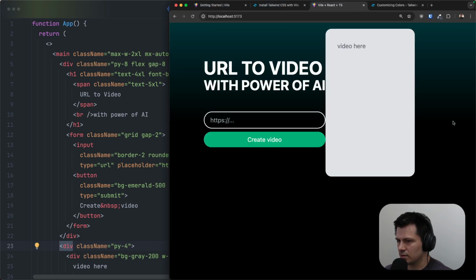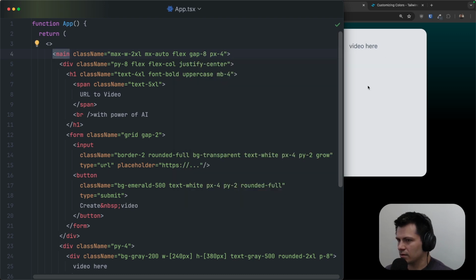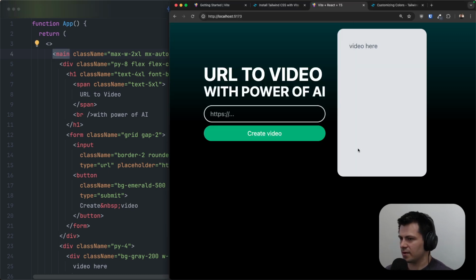So now let's see. Yeah, but I don't see any gap. So let's see. We have flex here, but this is only left side. This doesn't do anything. Here I want to have gap of 8. Now let's see. Yeah, I think now this is perfect. Now maybe it would be nice to put here